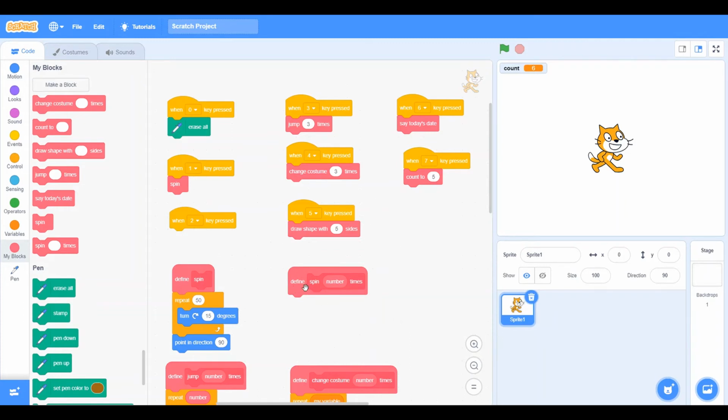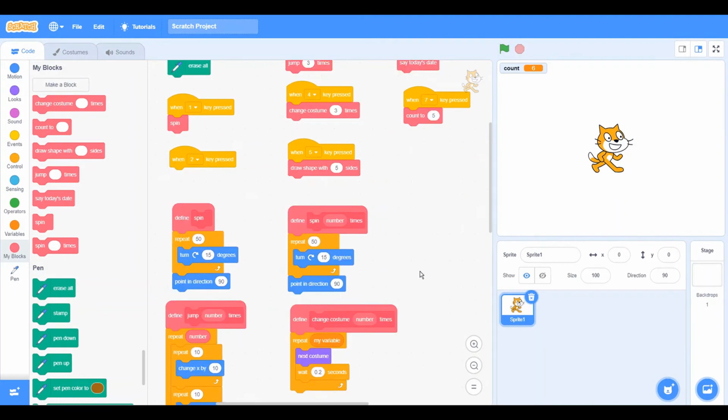So my definition of spin a number of times is going to be really similar to regular spin, except I want to spin a specific number of times based on this number here. How am I going to do that? Well, I can use a little bit of math to do that. I know that one spin is 360 degrees. I also know that,